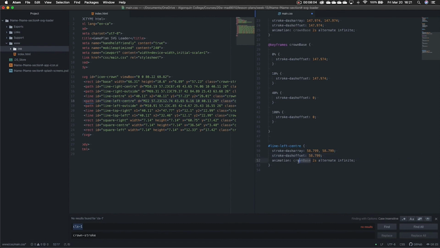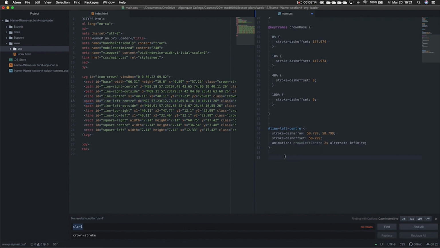Now I need to create a new animation for this one. So I'm going to call it crown left center. I'm trying to be as consistent as possible with how I name things so I know which one's which. I'm going to do a keyframes here, call it crown left center. And then similarly, I want to time things. So I want it to start a bit after the creation of my base. So at 0% here,